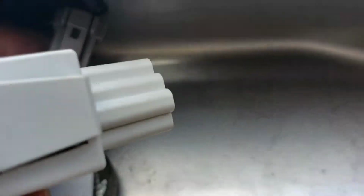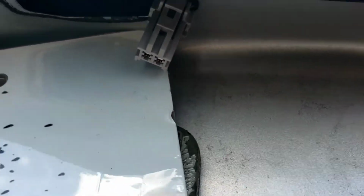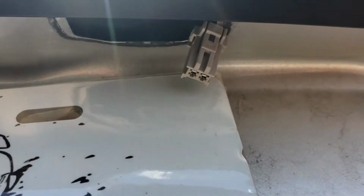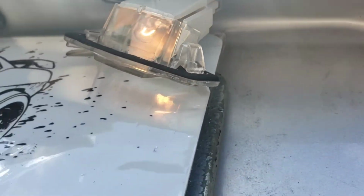So over here, like I said, that's a little tab right there. Oops, trying to get you there. All right, there's a little tab right there that you're going to push. This is going to go back in it. Use two hands to hold that tab, otherwise it's going to disappear in your trunk. All right, so let's do that. Once you snap it in,